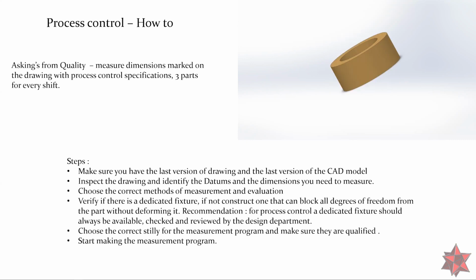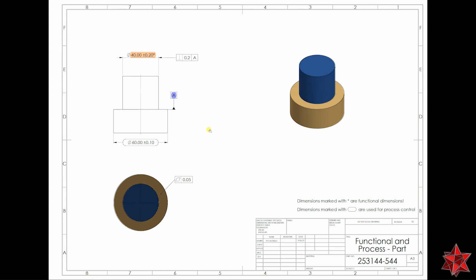Okay, so we go back to our drawing and we can see that we have a dimension marked for process control, which is the diameter from here. So for process control you just have to make sure that the dimension is repeatable and correctly measured. So from my point of view, on this kind of diameter you just have to take 7 points on the diameter at any cross section you want, and the evaluation should be a least square, so a Gauss. Okay,